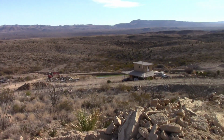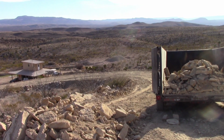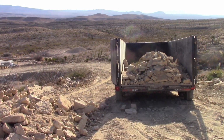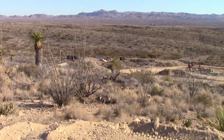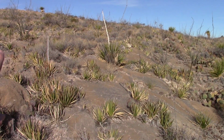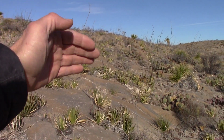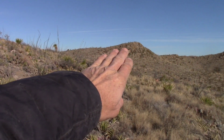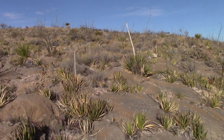Well, let me dump this other little rock. I probably got at least 2 or 3 more loads down there. Bring them up here. I'm gonna have to bring a bunch up here, because I'm about to build a little dike right here for that water that's coming rushing down, to divert around this road base that's going to be here, along with